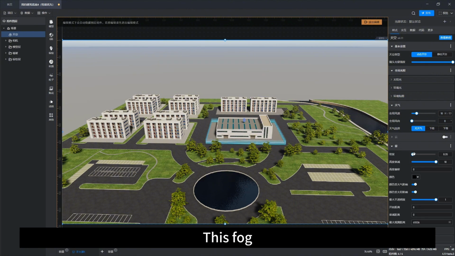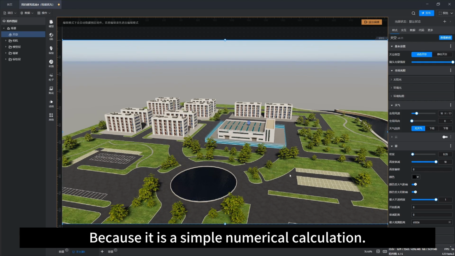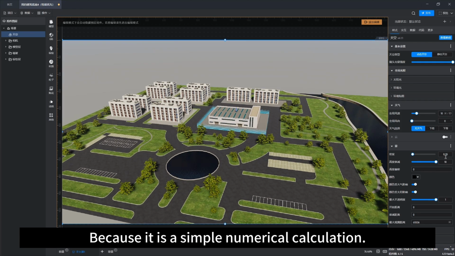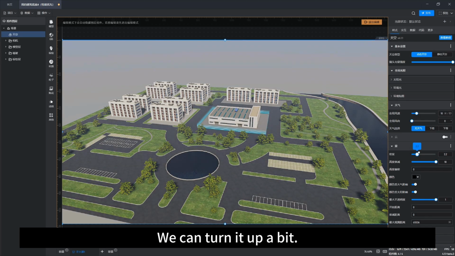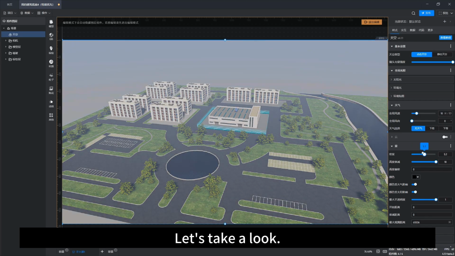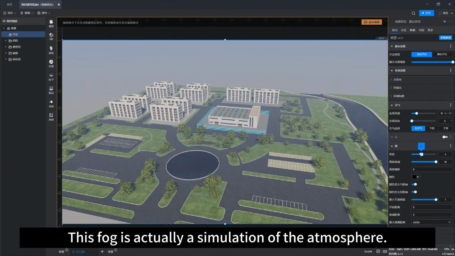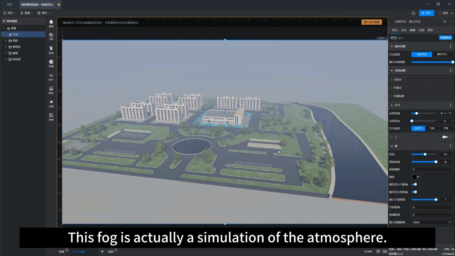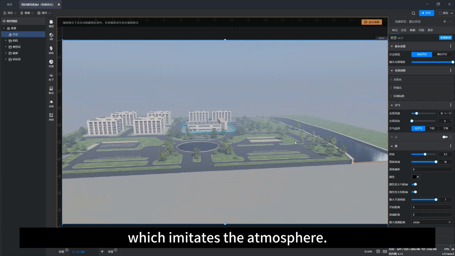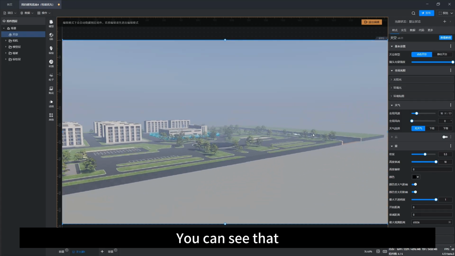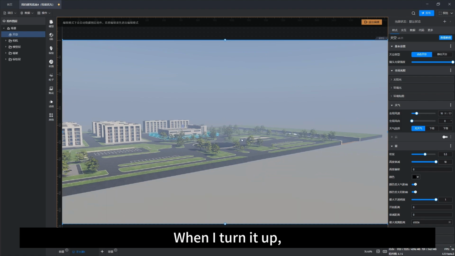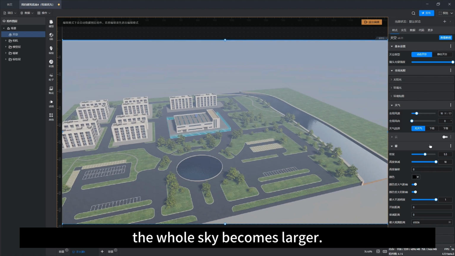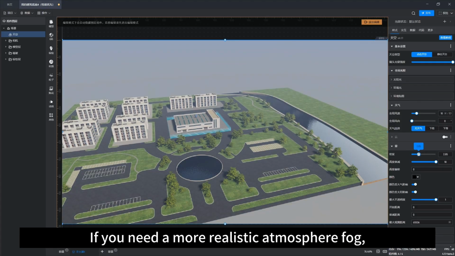This fog is relatively high performance, because it is a simple numerical calculation. We can turn it up a bit. Let's take a look. This fog is actually a simulation of the atmosphere, which imitates the atmosphere. You can see that when I turn it up, the whole sky becomes larger. If you need a more realistic atmospheric fog,